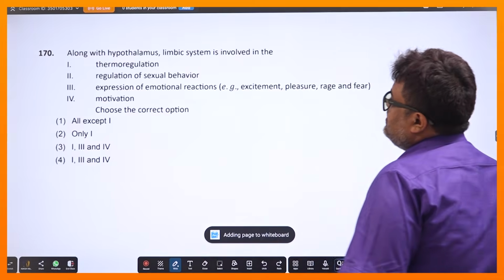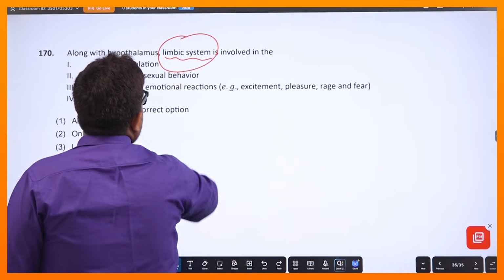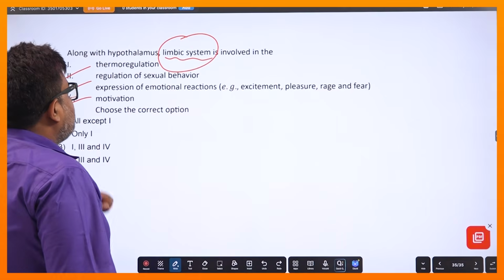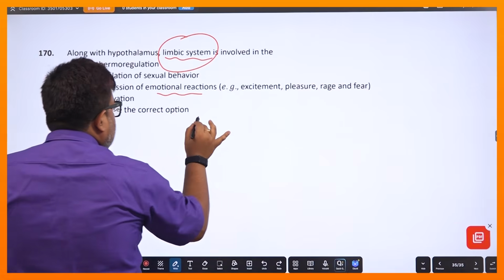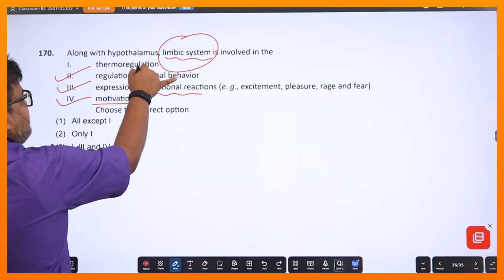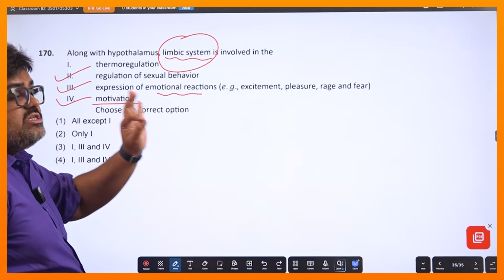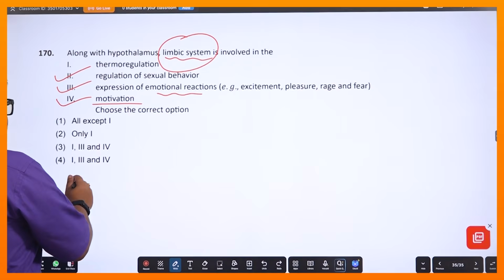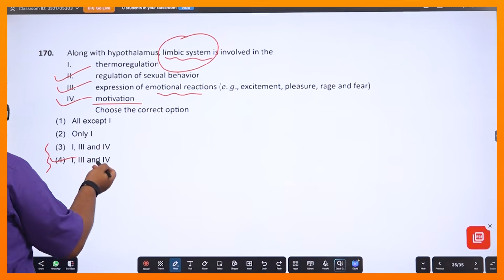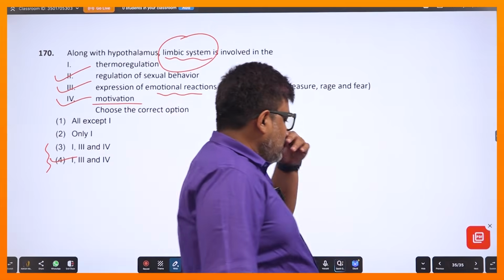নেক্সট যদি আসি, along with hypothalamus limbic system, এনসিইআরটি লাইনে যেখানে লিম্বিক সিস্টেম ফোরব্রেনে লেখা আছে, এই কথাটা লেখা, এই কথাটা লেখা, এই কথাটা লেখা। সেক্সুয়াল বিহেভিয়ার রেগুলেট করে, ইমোশনাল রিঅ্যাকশনকে এক্সপ্রেস করায়, এক্সাইটমেন্ট, প্লেজার, রেজ, ফিয়ার লেখা আছে, মোটিভেশন লেখা আছে। থার্মোরেগুলেশন এক্সক্লুসিভলি হাইপোথ্যালামাস করে। এনসিইআরটির কিন্তু লিম্বিক সিস্টেমের জায়গায় কিন্তু থার্মোরেগুলেশনটা কিন্তু মেনশন করা নেই। তো কাজেই আমরা এখানে কিন্তু 1, 3 আর 4 কে কিন্তু সিলেক্ট করব, কিন্তু দুটো অপশানে এটা আছে। তো এখানে একটা তো প্রিন্টিং এরার হয়েছে, যে কোনো একটা করলে পরেই ওটা ঠিক।